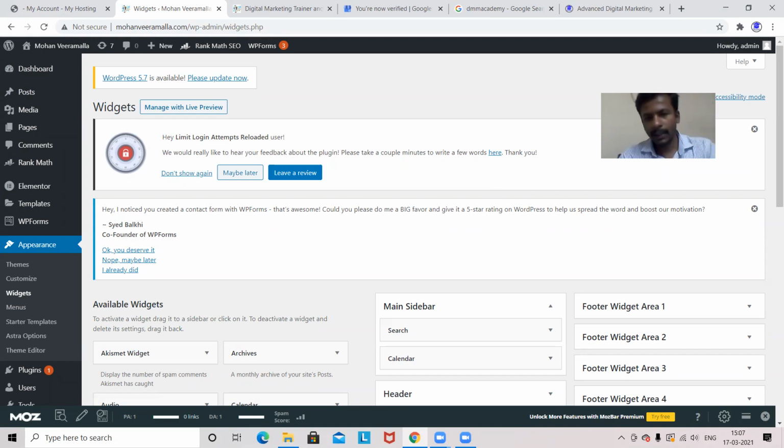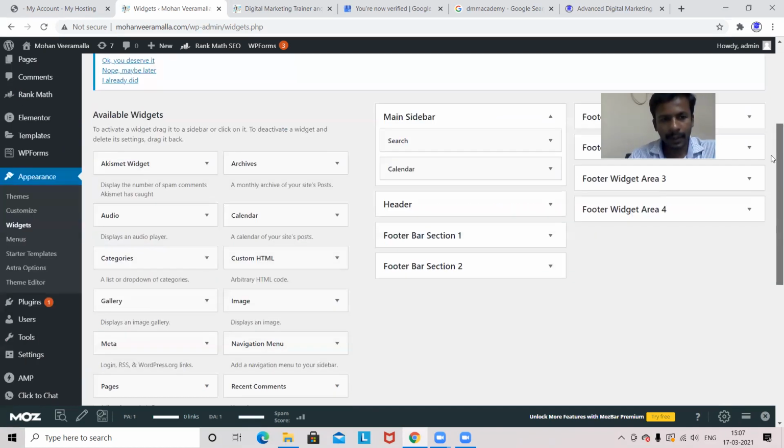In the widgets part, I can see 4 columns here. Two columns are available from themes and plugins, the sections available inside WordPress, and these 2 columns are from the theme. That means we can implement these sections in these 2.